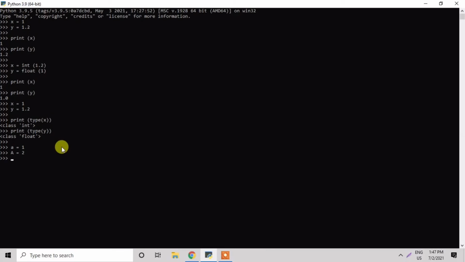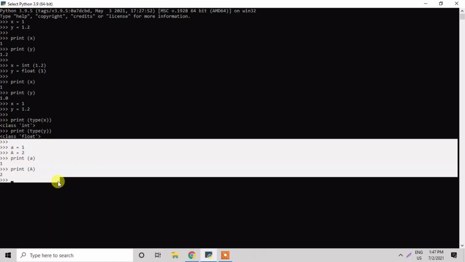The alphabets are the same but the first one is small and the second one is capital. So we can see the output of the first one, that is 1. Then print the second, capital A, and see the output, that is 2. So these are the case sensitive variables used in Python.